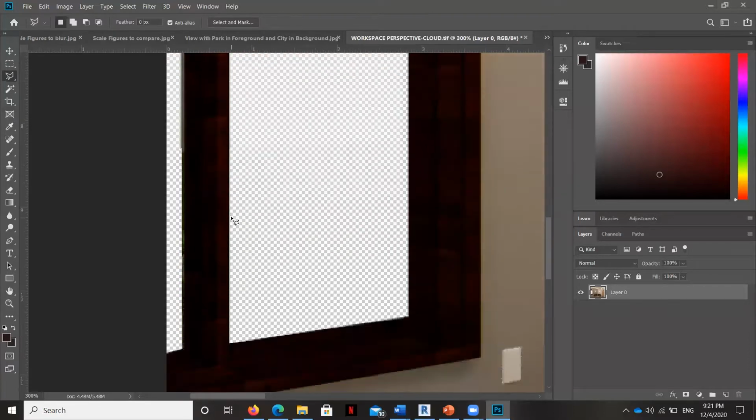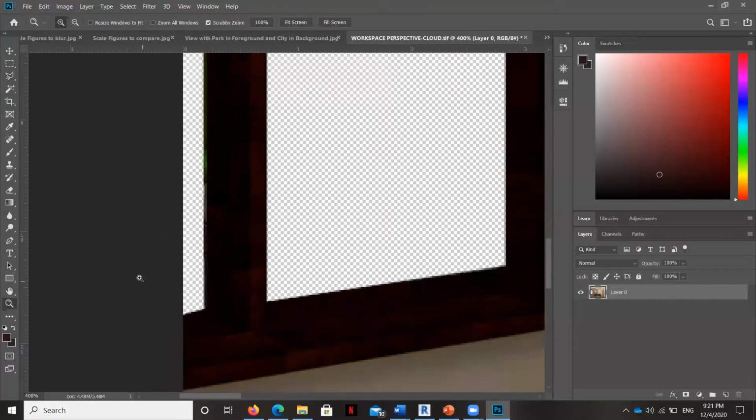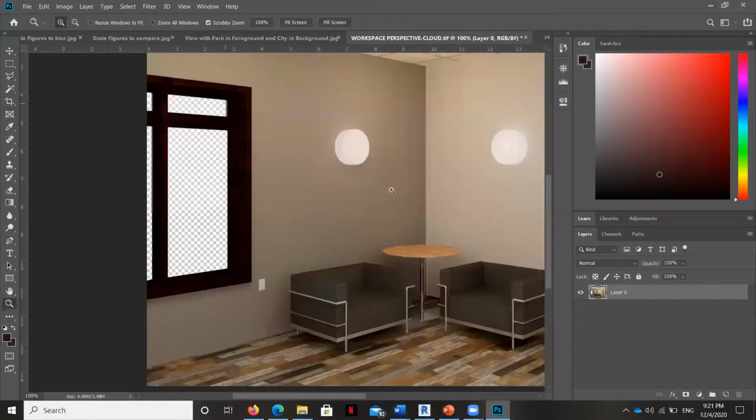Okay, so now if you zoom out on this a little bit, I'm hitting the Alt button to change my zoom to zoom in versus zoom out.